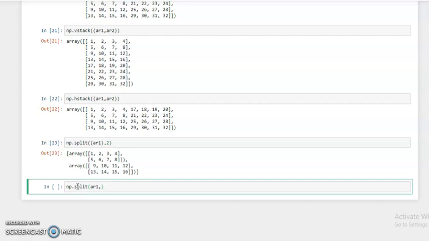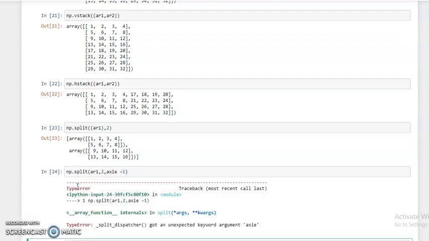Suppose we need to split in two parts, so assign 2 here, and then because it is row wise, we mention here axis equal to 1. Okay, and then simply run.